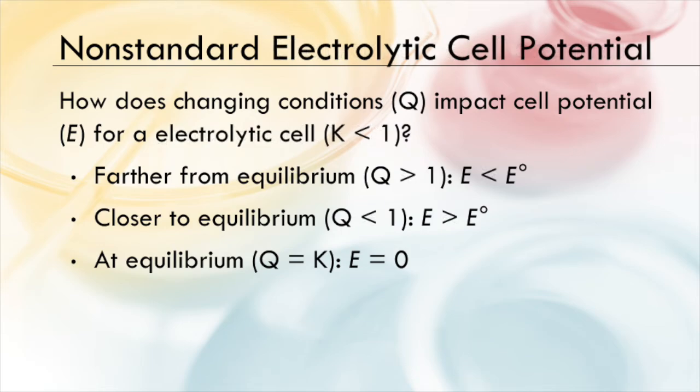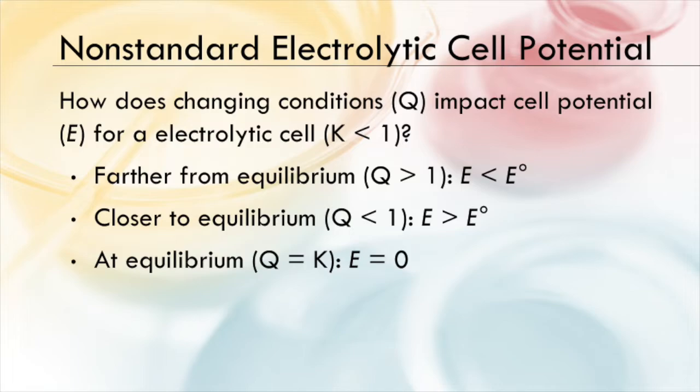Recall that for an electrolytic cell, the process is non-spontaneous in the forward direction, so that means that K is less than 1. It's reactant favored. Deviations from standard conditions that take the cell farther from equilibrium, increasing Q, bringing it further from K, will increase the magnitude of the cell potential, so it will be more negative, more not thermodynamically favored than the standard cell